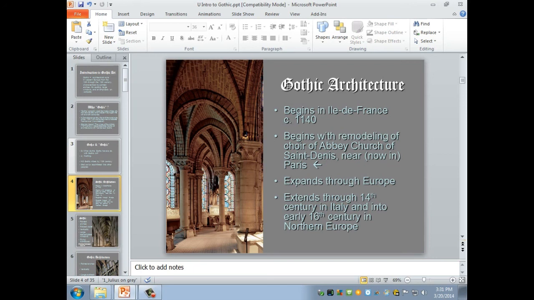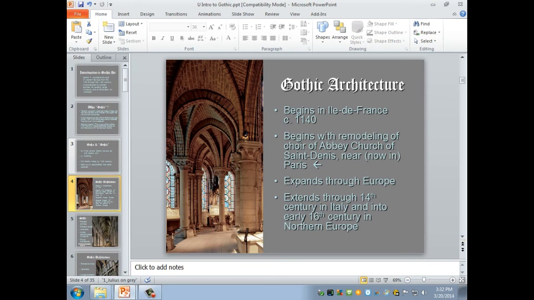St. John the Divine in New York City. The National Cathedral in Washington, D.C. A number of universities are based on English perpendicular, the late Gothic style in England. Princeton University, or my alma mater with my PhD, Bryn Mawr College, had English perpendicular architecture. The University of Pittsburgh built a Gothic skyscraper, essentially, called the Cathedral of Learning.